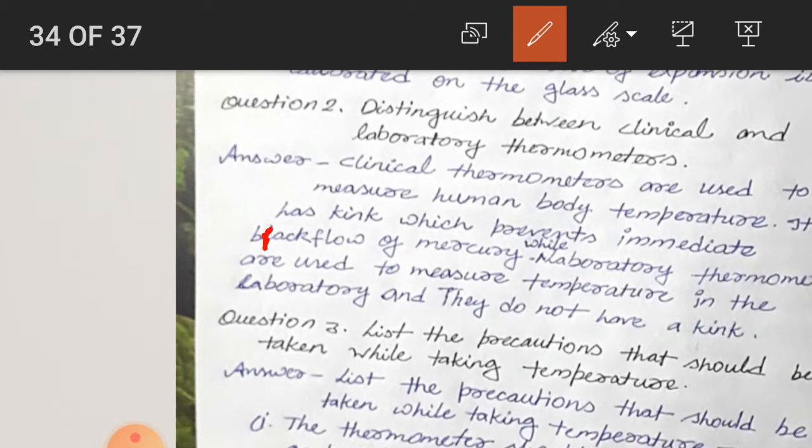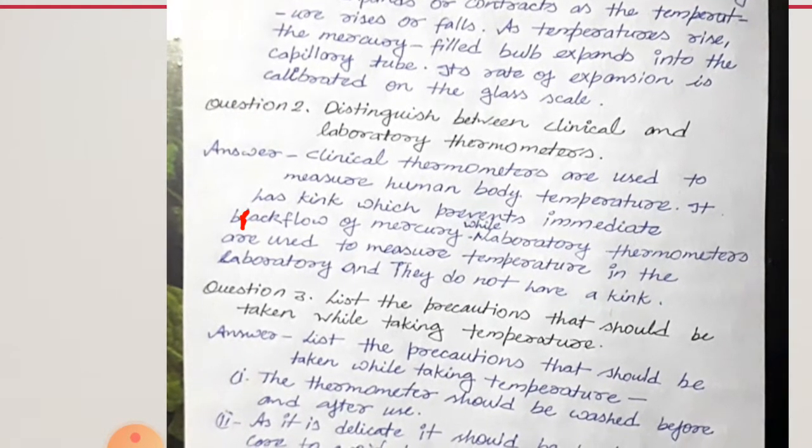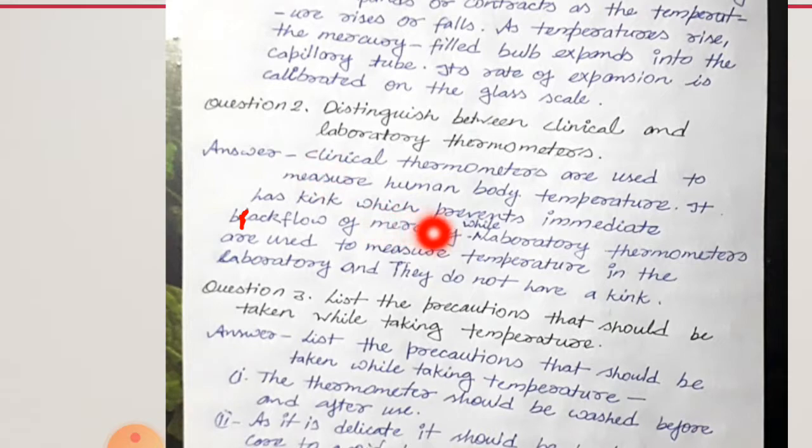There is no L in between B and A. So backflow of mercury,